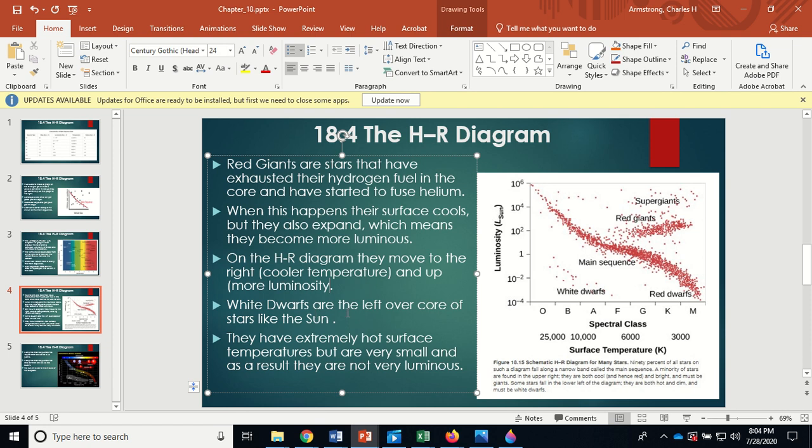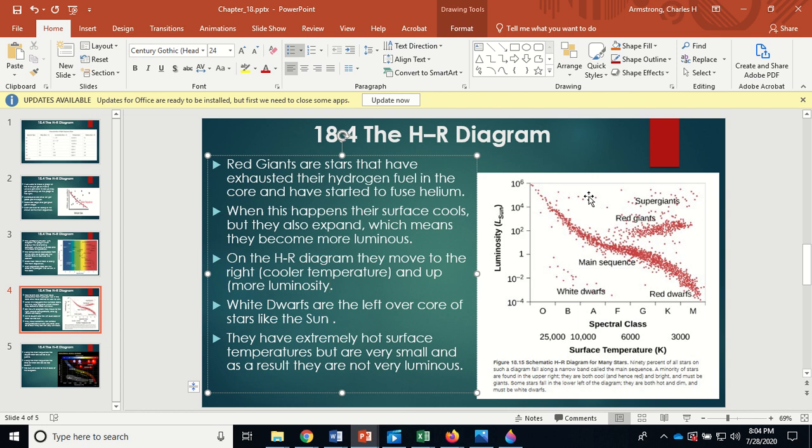Okay, white dwarfs are the leftover core of stars like the sun. So most of these stars are ones that are less than 8 times the mass of the sun. I think that's the cutoff. If you're more than 8 times the mass of the sun, I believe it is, you're going to go supernova and blow up. But if you're less than 8 times the mass of the sun, you're going to have a very peaceful death. You're going to become what's called a planetary nebula, where